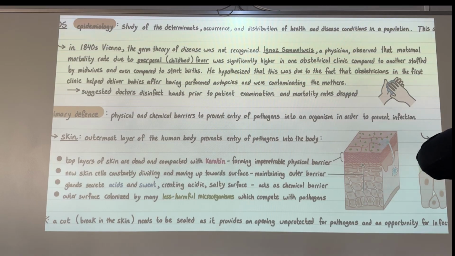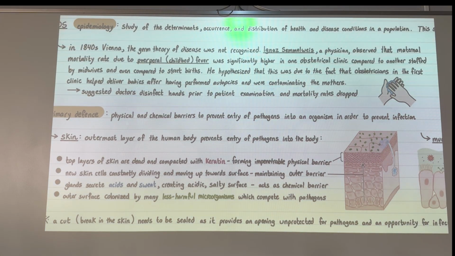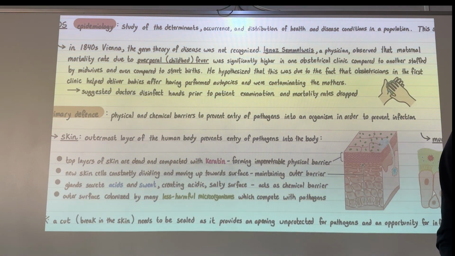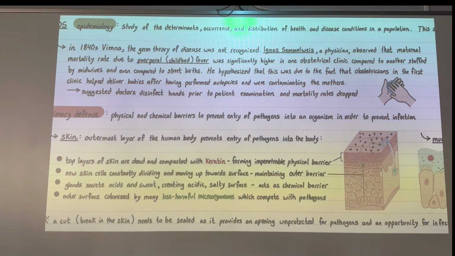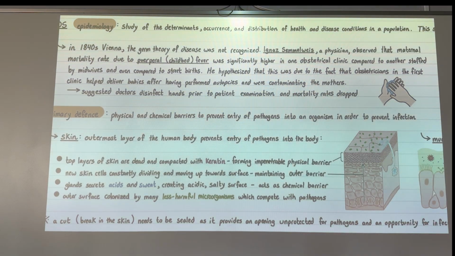And that was obviously a fairly big alarm bell to him anyways. How are hospitals having the higher mortality rates compared to at-home deliveries or even deliveries on the street? What is going on here? And so what he hypothesized was that it was actually the doctors delivering, the obstetricians, that were actually spreading disease